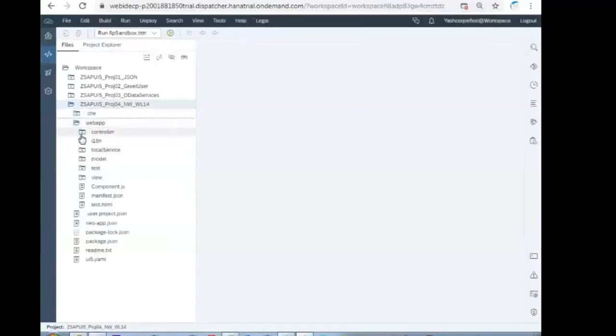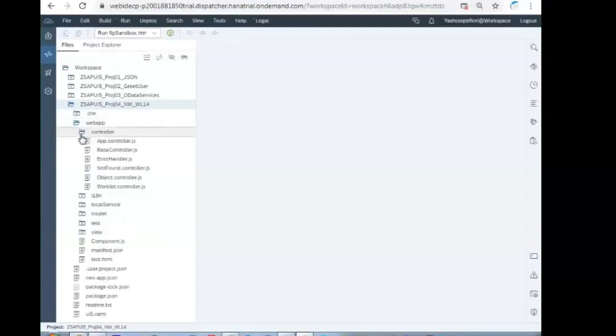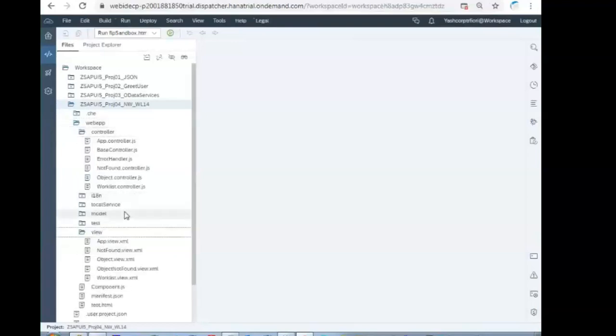Web app. Under web app, open the controller, open the view, and you can see the worklist.view.xml and its corresponding controller, object.view.xml and its corresponding controller. The rest of the files are base files or root files which open the worklist and the object. On top of this, you can create a number of views. The topic also will be taken up later in the application template. We'll see that. You can have navigation between them.